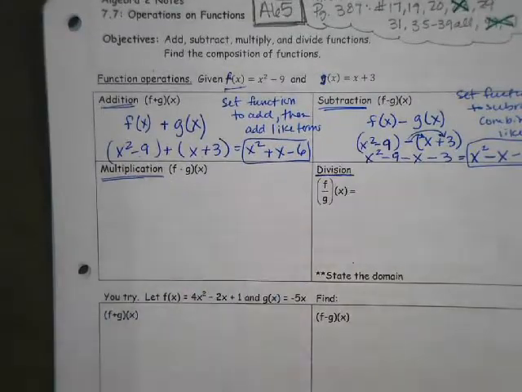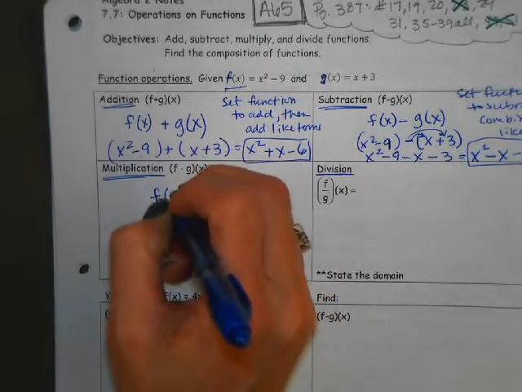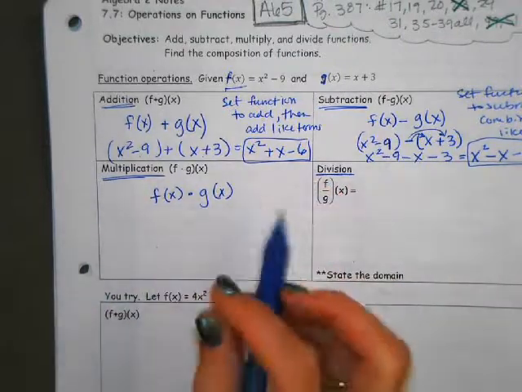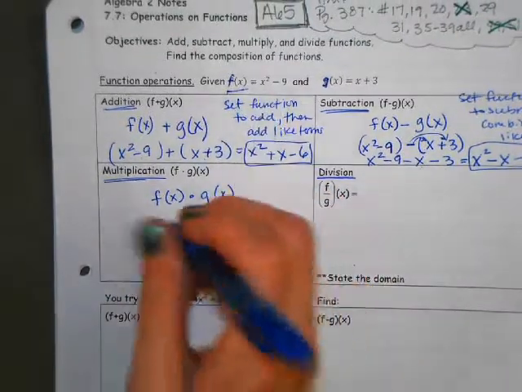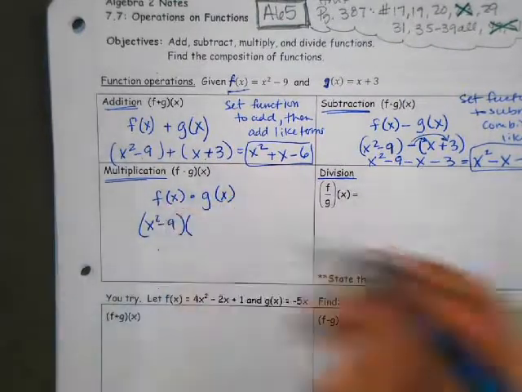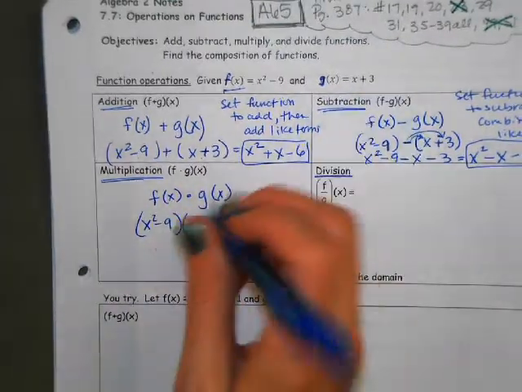So then we go to where it's multiplied. Hey, guess what we do? You put them together and multiply them, right? So it's like the f of x being multiplied by the g of x. Okay? So I'm going to take this equation, which is x squared minus 9, and I'm going to multiply it with g of x, which is going to be